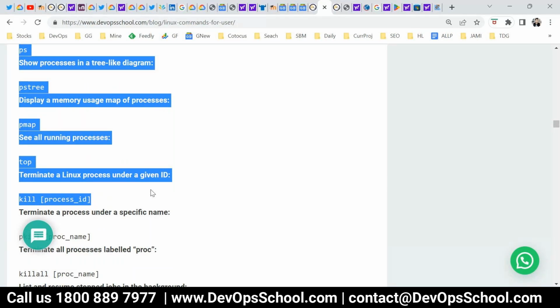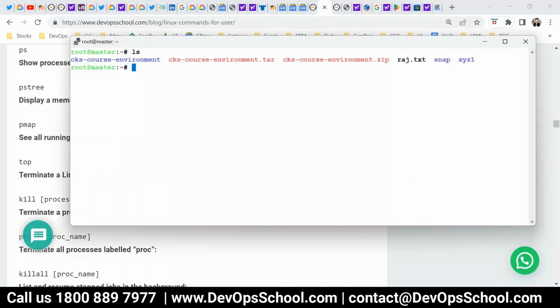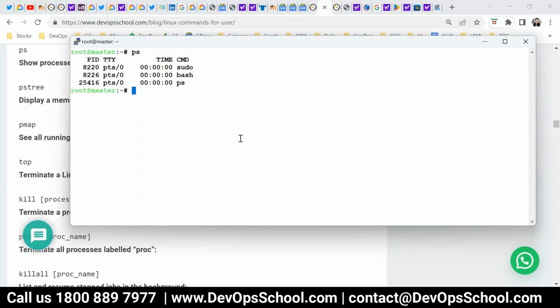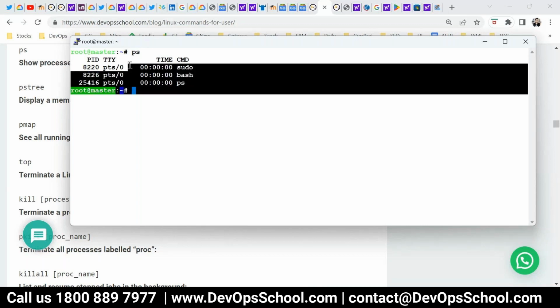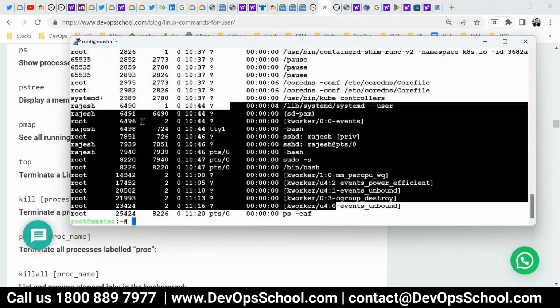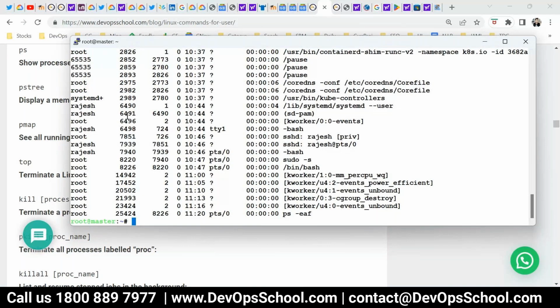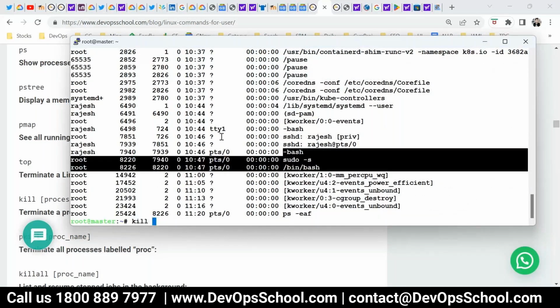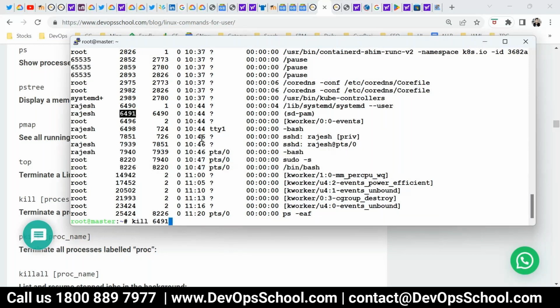killing also. So here, how do I see the processes? PS will give you only the user process and system process. These are the processes running. Here, PID, PPID. These are the executables which are running. If you want to kill one, use the kill command with the PID. Right now I'm not killing because that's not desired.